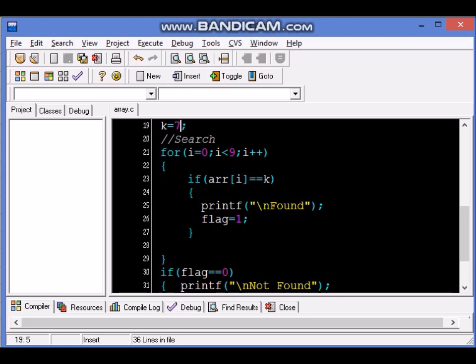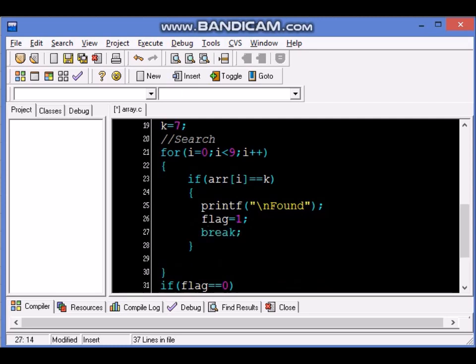Now one more concept in a loop is that we can exit the loop. What is the meaning of exit the loop? In this case it will run for 0, then 1, then 2, then 3, then 4. Even after finding the 7, it will keep continuing, and there's no need to continue anymore. So we have the option to use the break command.